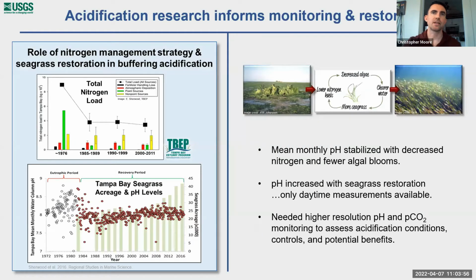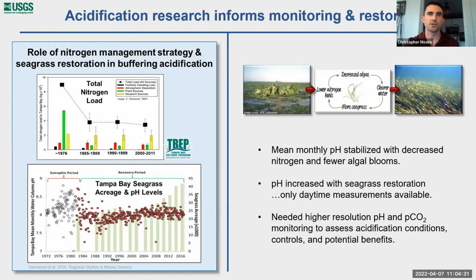Tampa Bay is a success story with respect to water quality and seagrass restoration. Nitrogen loads to Tampa Bay in the top graph were actually at their highest levels back in the 70s and early 80s, which caused frequent algal blooms and loss of seagrass throughout the bay. These loads thankfully have decreased through time through the implementation of a successful decades-long nitrogen management strategy by the local community and the Tampa Bay Estuary Program. As a result, we've been able to restore seagrass coverage back to 1950s levels.